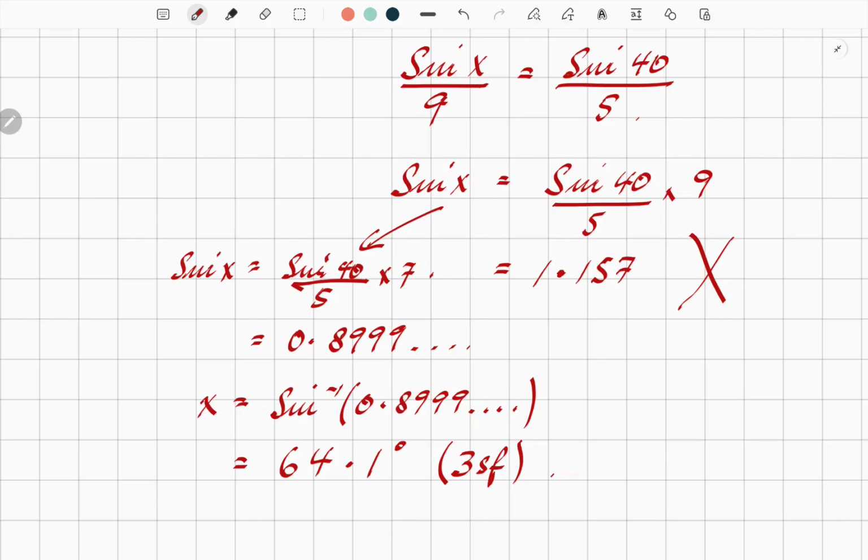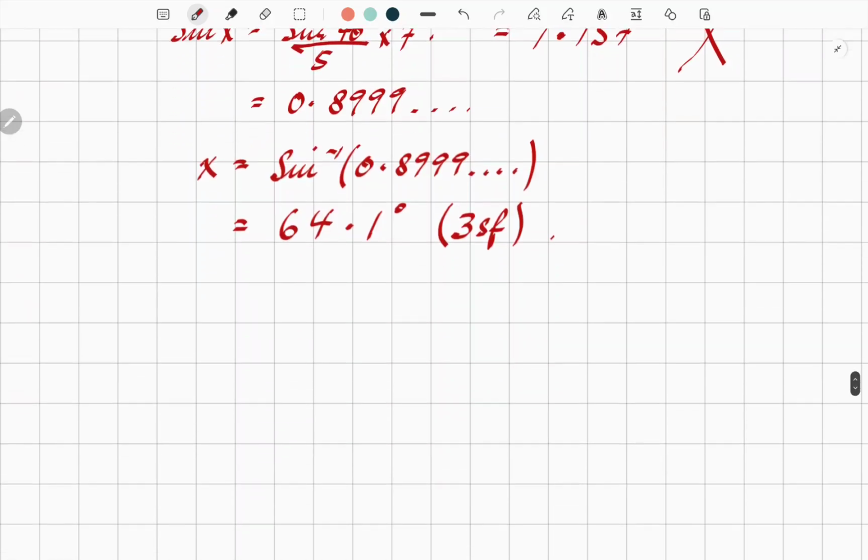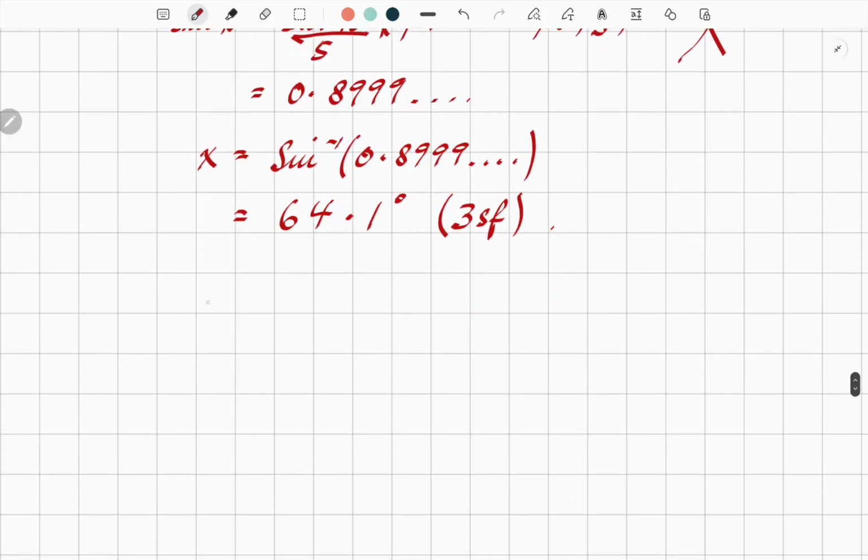Yeah. So if that's 64, and we know that the original angle was 40, therefore the remainder is going to be 180 minus those two. Okay? So I can then work out that angle, and then I have the two sides, and I can either use the sine rule again, or the cos rule to find the missing side. All right? Yeah. So, as I said, the sine rule